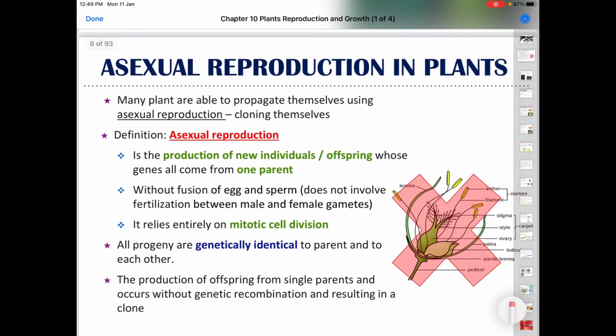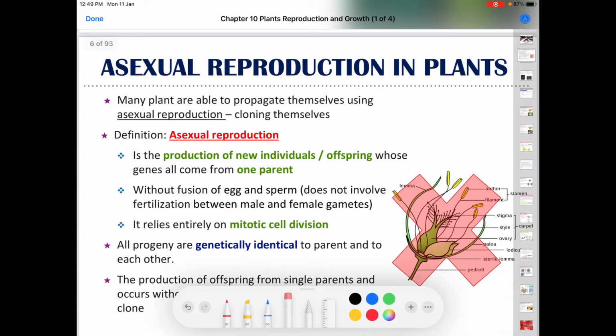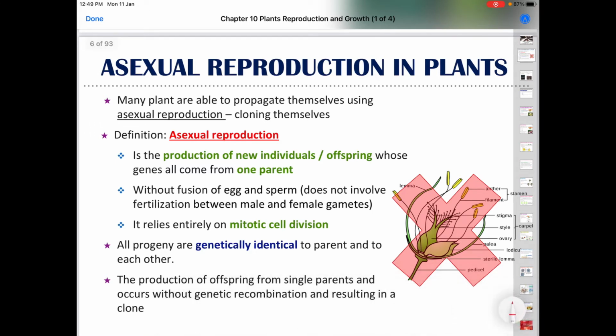Okay, so for asexual reproduction in plants, many plants are able to propagate themselves using asexual reproduction, meaning this plant doesn't need sexual reproduction in order to live or to reproduce. The definition of asexual reproduction is the production of new individuals or offspring whose genes all come from one parent, meaning if the plant undergoes asexual reproduction, there is no difference in genetic material between the offspring and the parent. So this process involves no fusion of eggs and sperm,